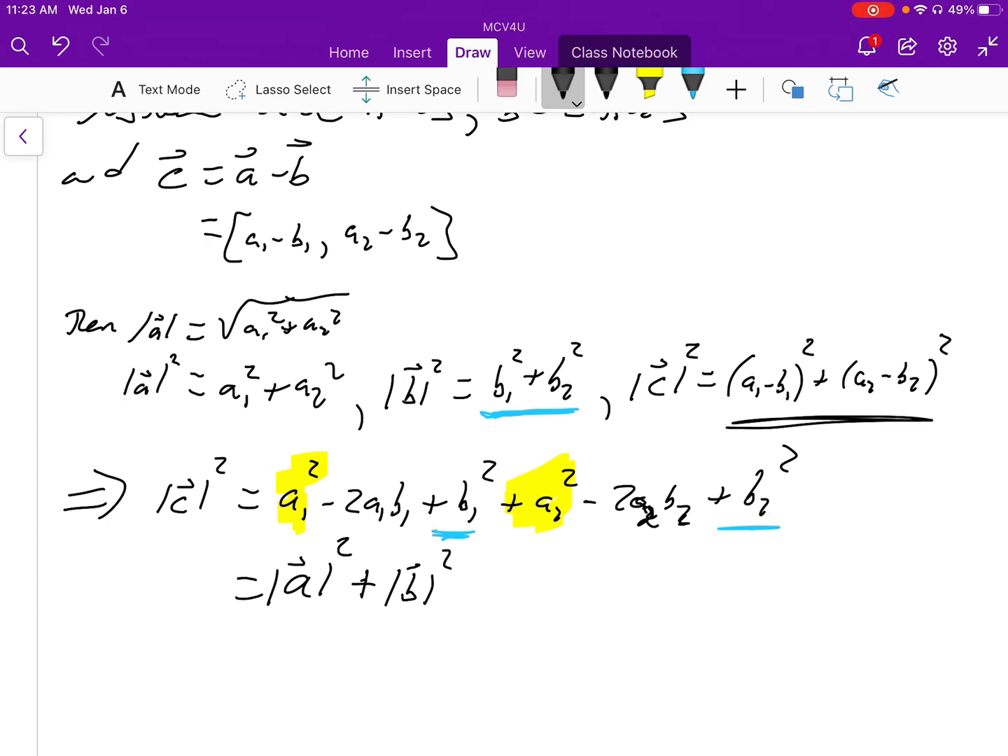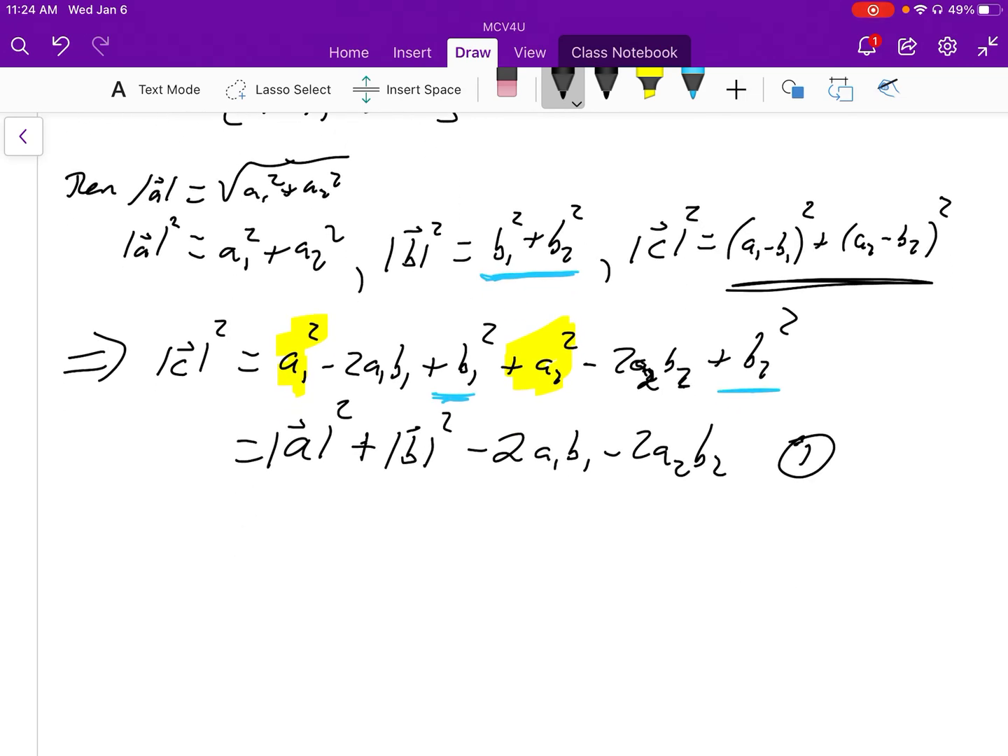And then we're left with, for now, this oddball looking thing of the negative 2 times A1B1 minus 2A2B2. Okay? So what we could do, we'll just put this aside and call this our equation 1. All right, we'll leave that aside. We're going to say also